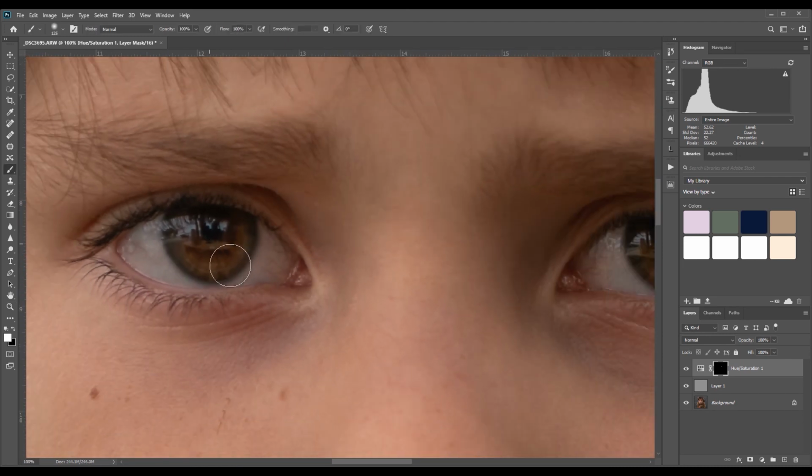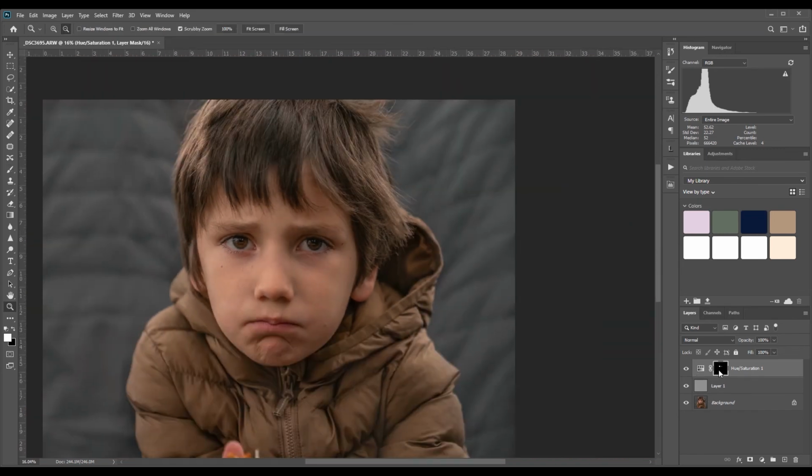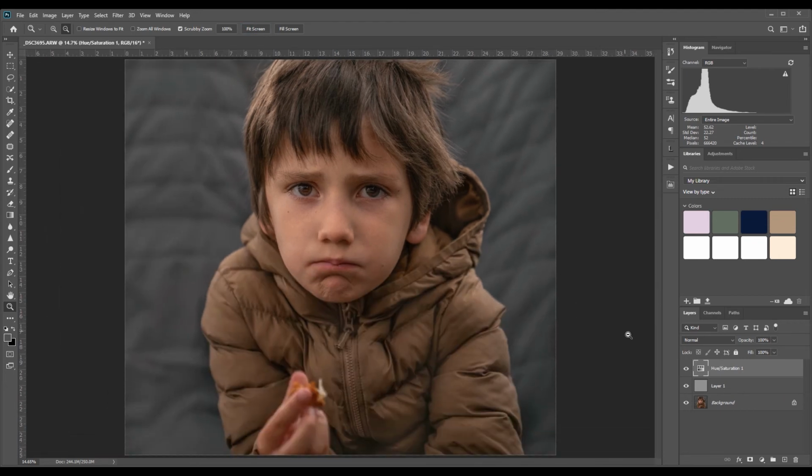So I'll do the same thing here. I'll paint that desaturated bit over his eye. And actually, I don't think there's any blue anywhere else in the image. Yeah, there's not really any blue anywhere. So here, I'll just leave it on the whole image then. Okay, so now